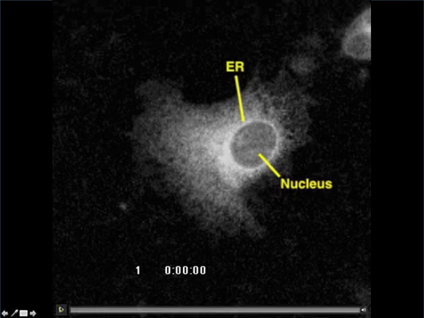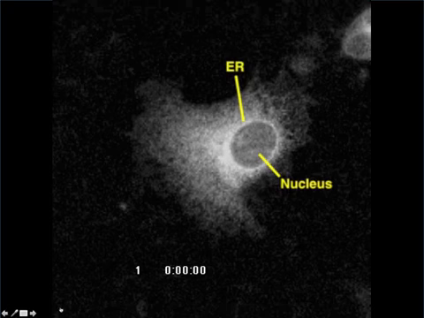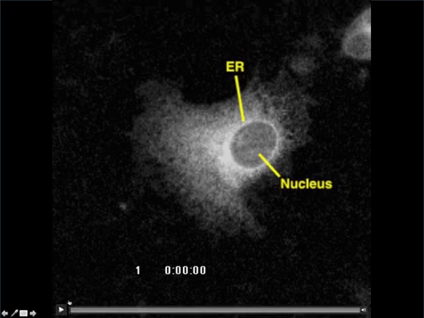Right, so you see at the beginning is the ER, so it gives you an idea, right? In spite of all the cartoons, the ER is really kind of everywhere. It's more concentrated around the nucleus. It's actually forming a continuum with the nuclear envelope, the outer membrane of the nucleus. But other than that, the proteins distribute everywhere, and the ER is almost everywhere. And then upon lowering the temperature,